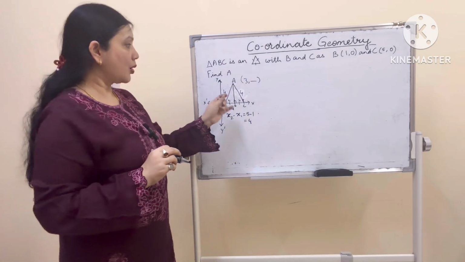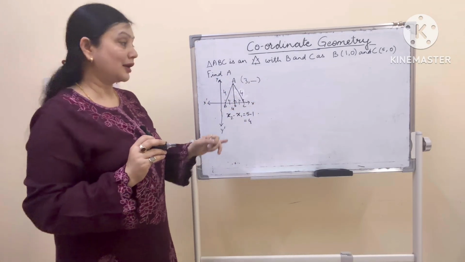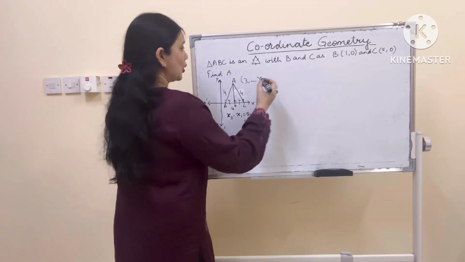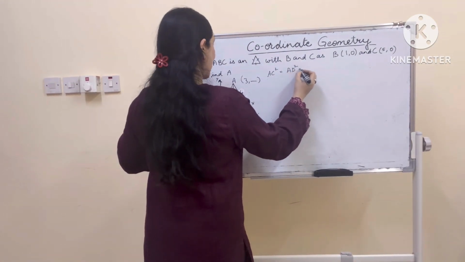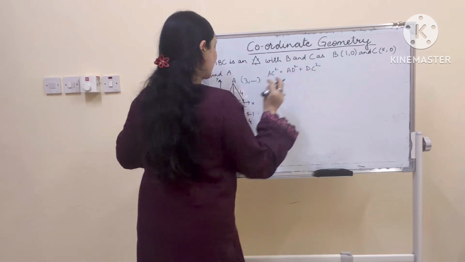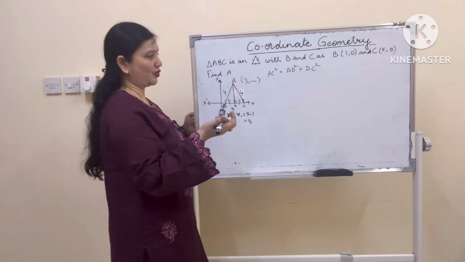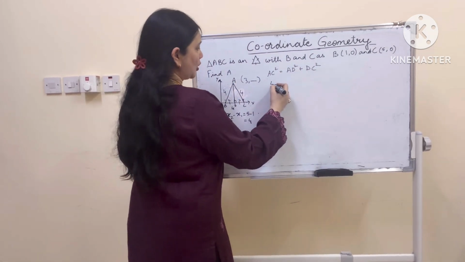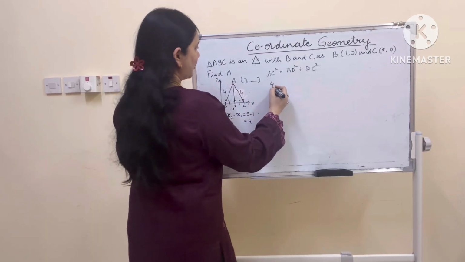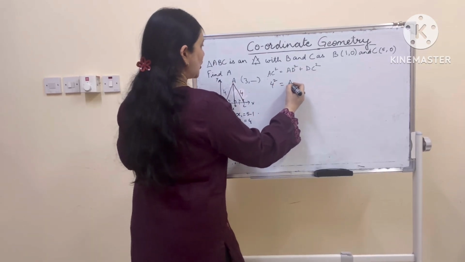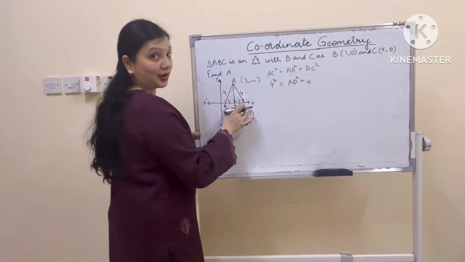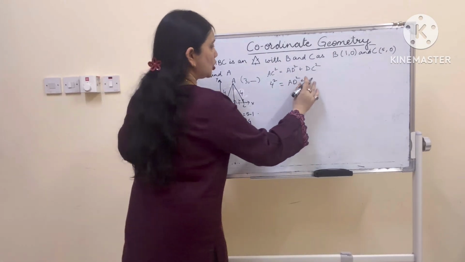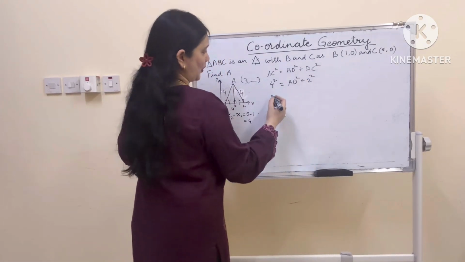Isn't it? Now, again one more right angle triangle and we can easily solve. So, AC square is equal to AD square plus DC square. You can either take this triangle or this triangle as you wish. AC square we know. What is AC square? 4 square. AD square we do not know. DC square is how much? If this whole thing is 4, then this will be 2. So we will write here 2 square.